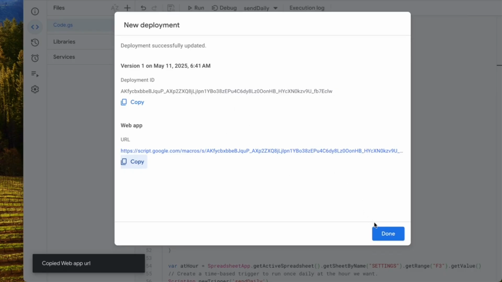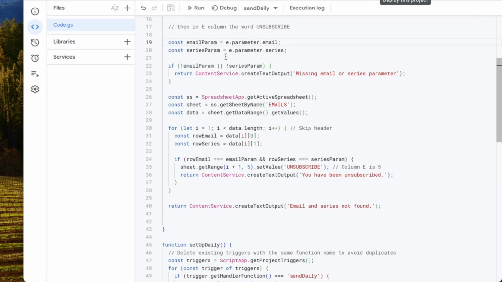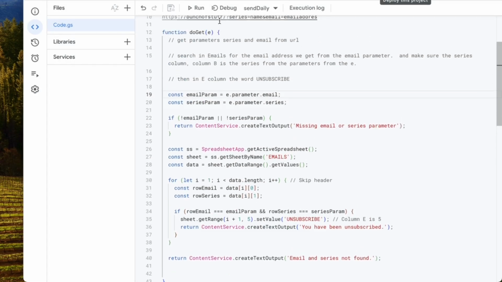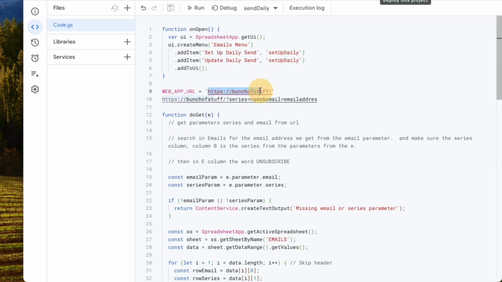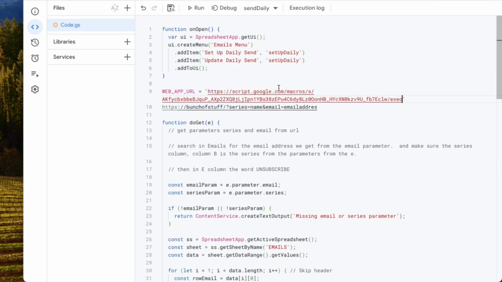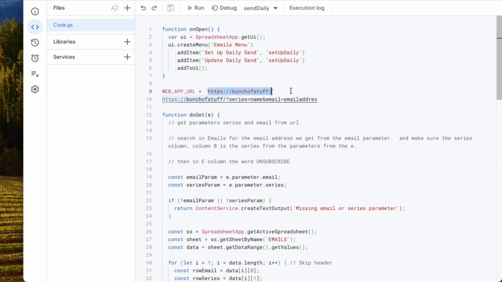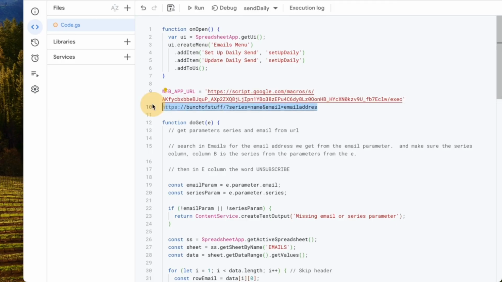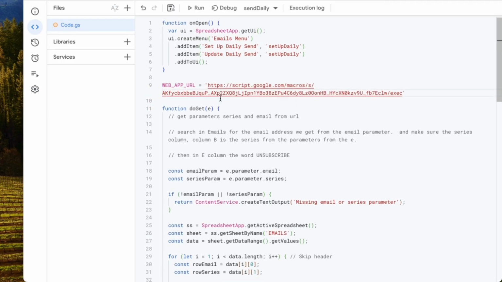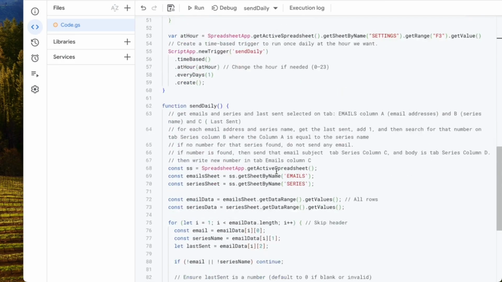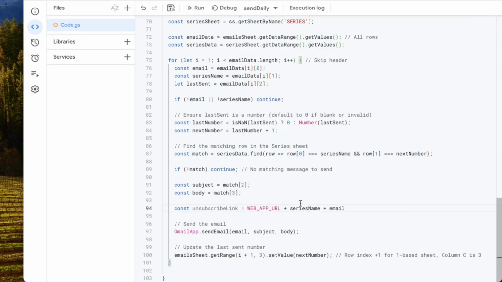We're going to have to show them how to use this, probably in a video or a written post. So here we've got our web app URL. That looks like that. Wow, okay, that's a bunch of stuff. And we now need this web app URL down here, and we're going to add question mark email equals, let's